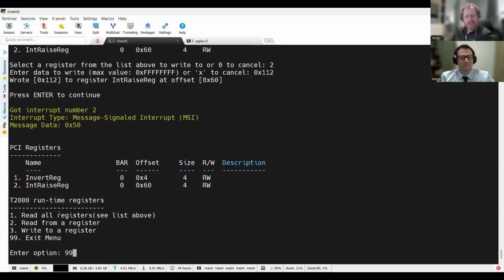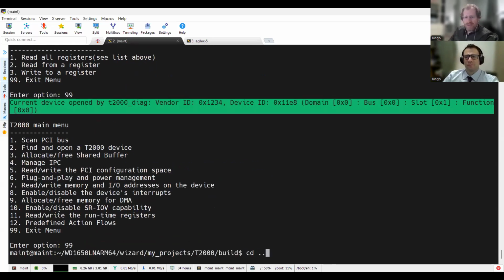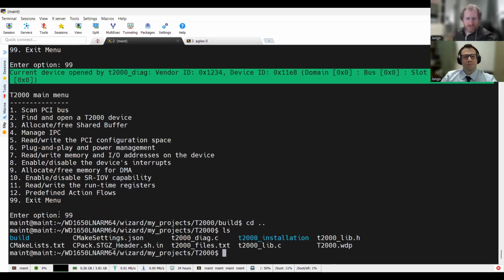So that was a very quick demonstration of how this exact same code, these exact same files like diag.c and libc and libh, could actually be used interchangeably between platform devices and PCI devices. The only thing you need to do is just click that button in the additional options window that Shlomi ticked. And when he ticked that checkbox, you got this generated code that is suitable for both platform devices and PCI devices.